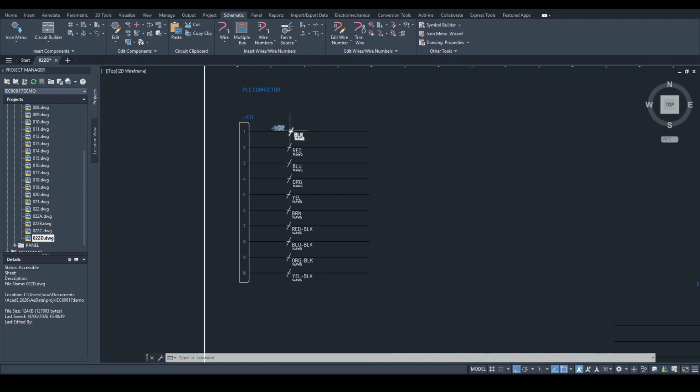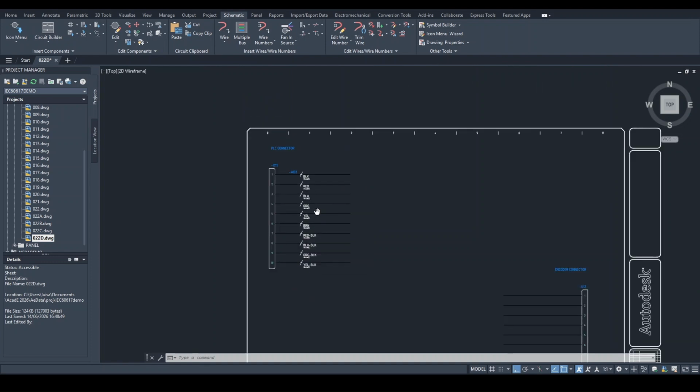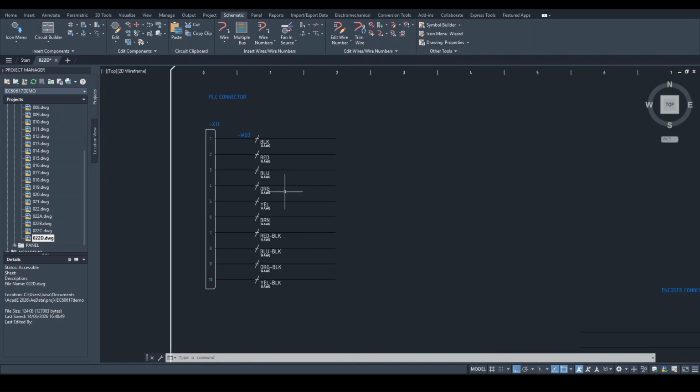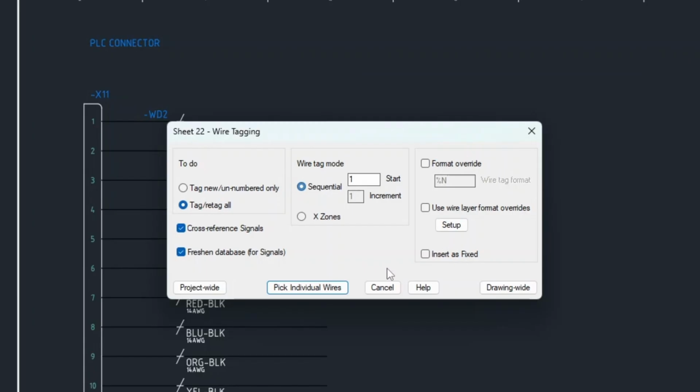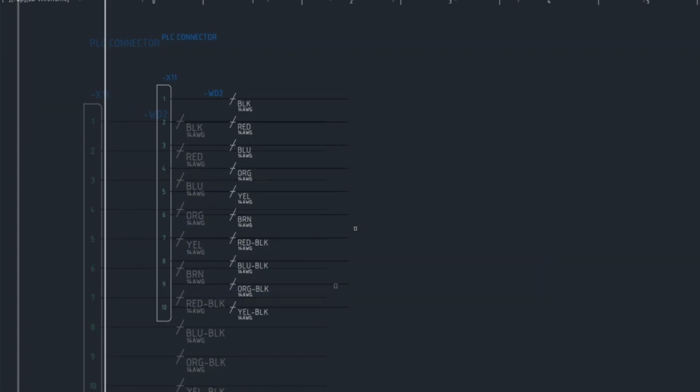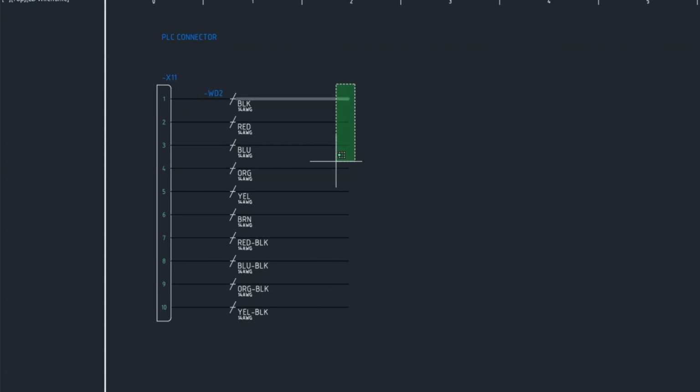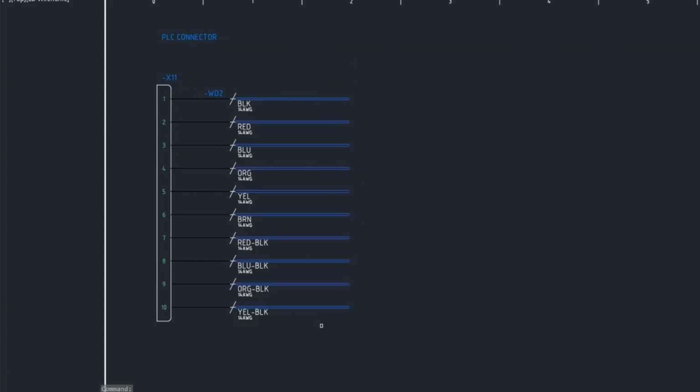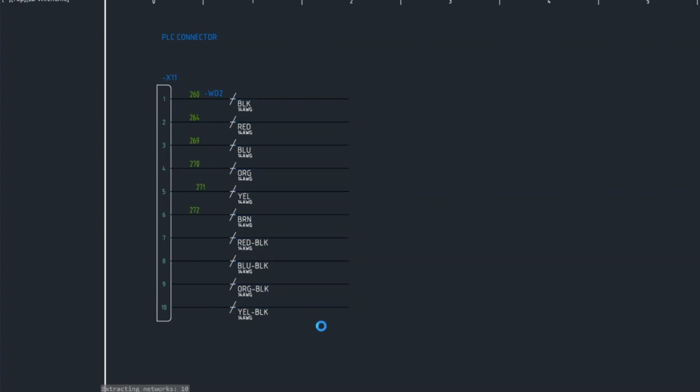Okay, so now I have all the cores identified. I'm going to line them up, make it look neater. Good, now they're all aligned. Now I'm going to add wire numbers. I will start at 100, pick individual wires because I just want to add the wires on the left hand side. So I select the wires that I want to number and hit enter,